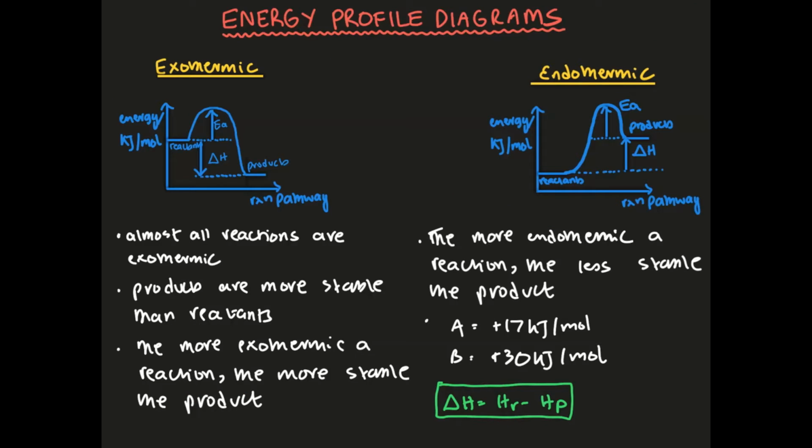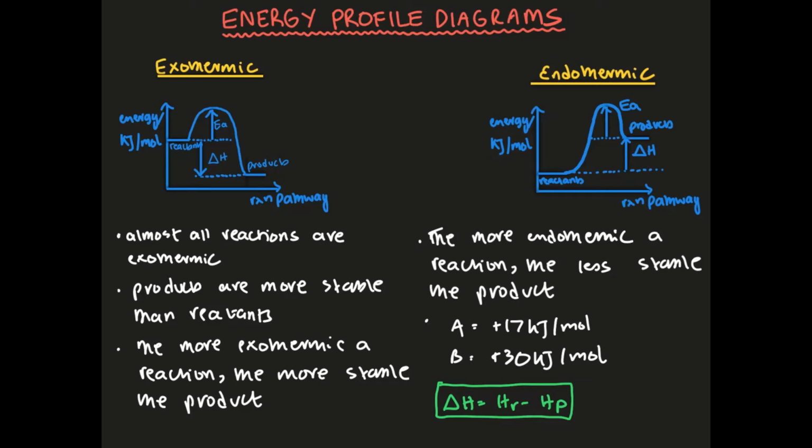The next thing that we're going to be talking about is energy profile diagrams. Now these have been covered in O-levels, but I'm just going to be going over them again. So first, let's take a look at exothermic reactions. Now for an exothermic reaction, it's pretty clear that the products are always going to be at a lower energy level than the reactants. So in this case, your enthalpy change is going to be negative. So whenever you draw the arrow for enthalpy change, it always goes from the reactants to the products. And this is going to be pointing downwards because your delta H will be negative. And that's because the products are at a lower energy level.